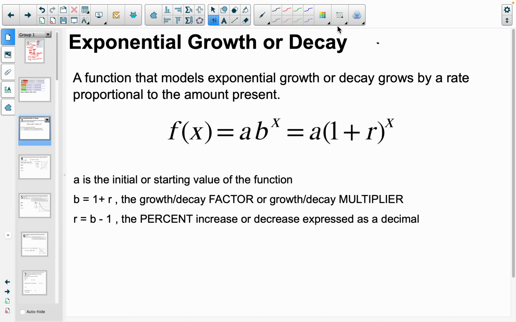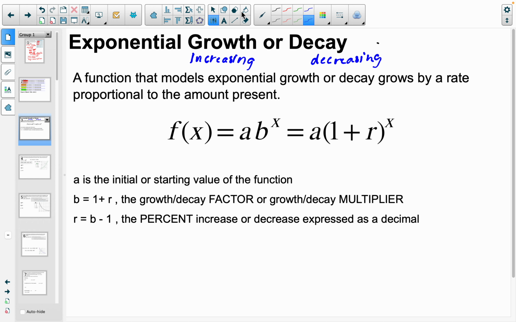Here is a mini lesson on exponential growth and decay functions from our class notes. All right, so let's take a look at what we have here. We talked about exponential growth or decay, so we can have a function that is either growing, another way to say it is increasing, or decaying, meaning it's a decreasing